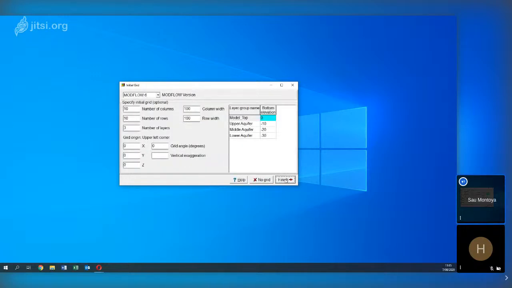Let's type next. I hope that everybody is here. Just to remind you that by default you are working with MODFLOW 6. You can work with any other grids as well. Let's see. We are going to work with 15 columns, 15 rows, one layer, and then a refinement of 500 and 500. Great. So there you have it.